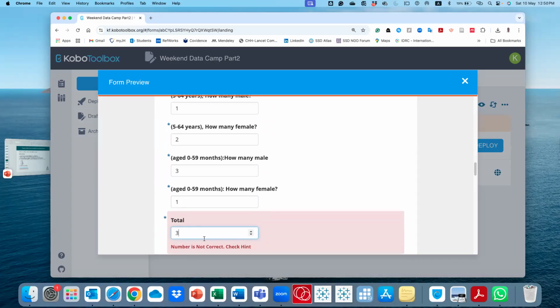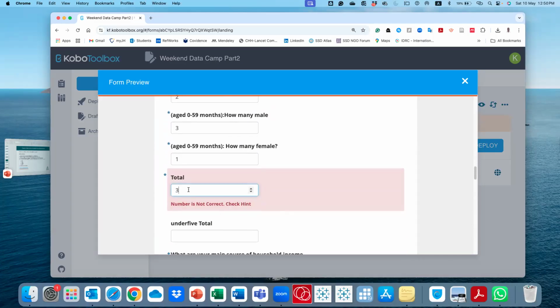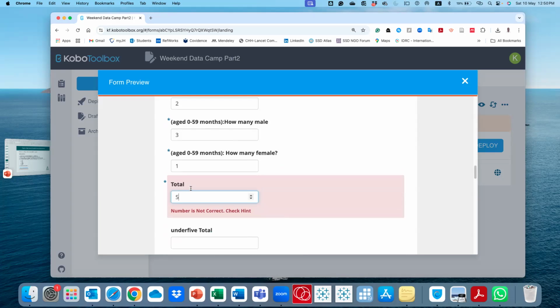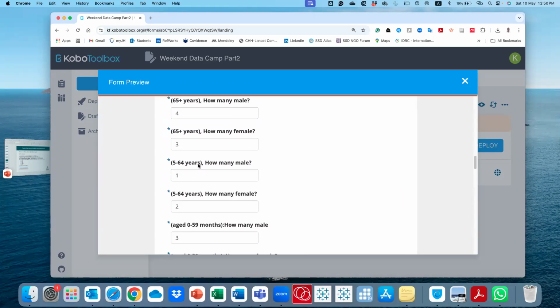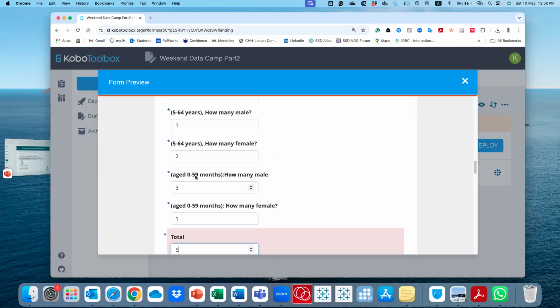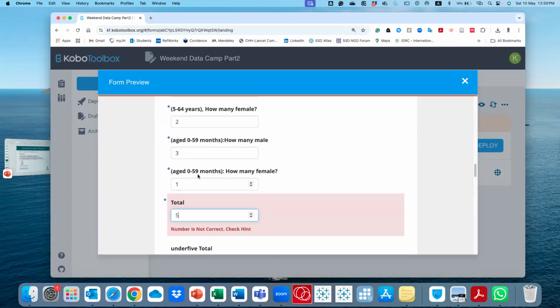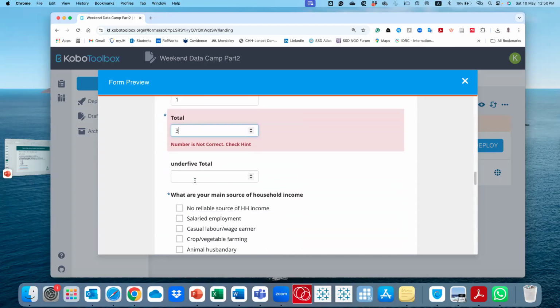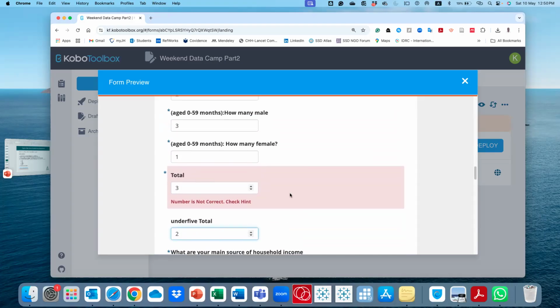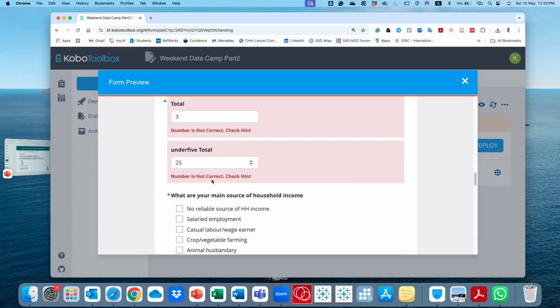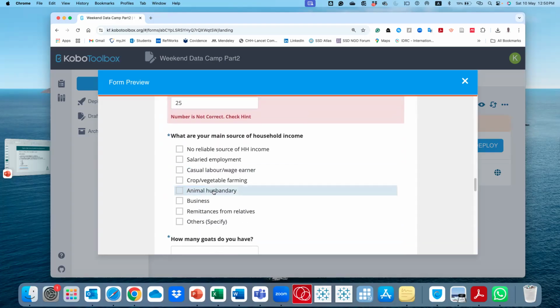That means you may ask them again, the enumerator, are you sure this is the number of people you have in your household? So this is a check that you can build in, just to ensure that the numbers are correct, like 2 layers of questioning. And then under 5, you can also do the same, like if they say, oh, 25, you say, check. So it gives you those kinds of things that you can build in.